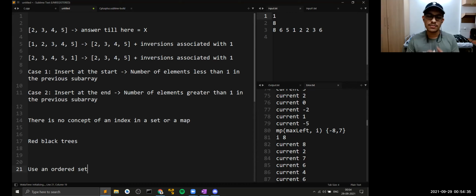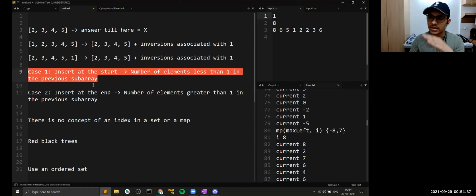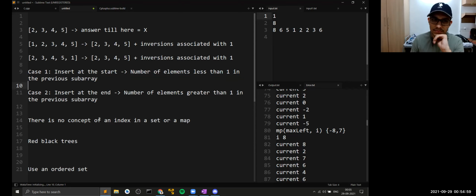Now, it is very simple. You just have to find out the number of elements smaller than your given element. You just look at the position. If you insert it in the ordered set, where exactly would it be? And you just subtract one from it. That would be the number of elements smaller. Now, if you want to find the number of elements greater, you first find the number of elements that are less than or equal to this element, and you just subtract it from the size of the whole PBDS or ordered set. So let me put it here.